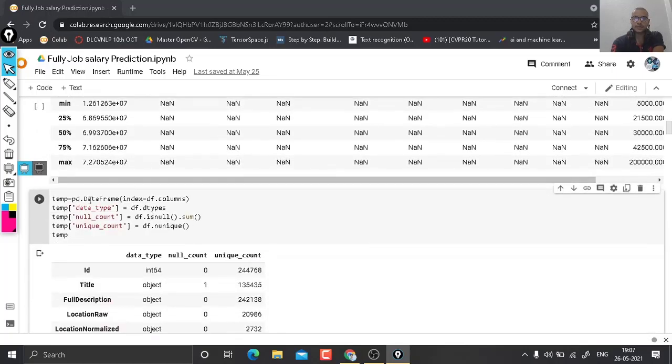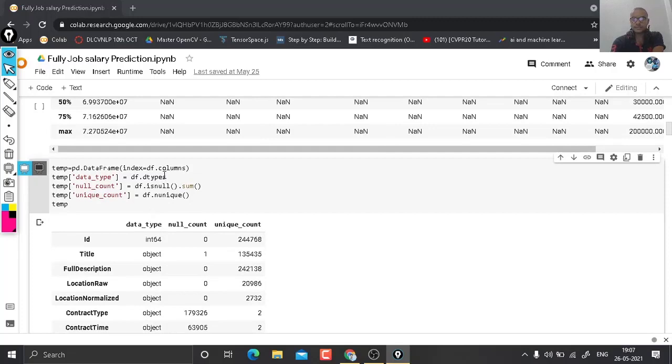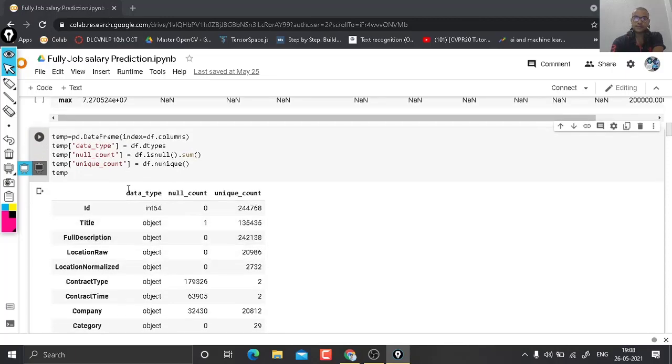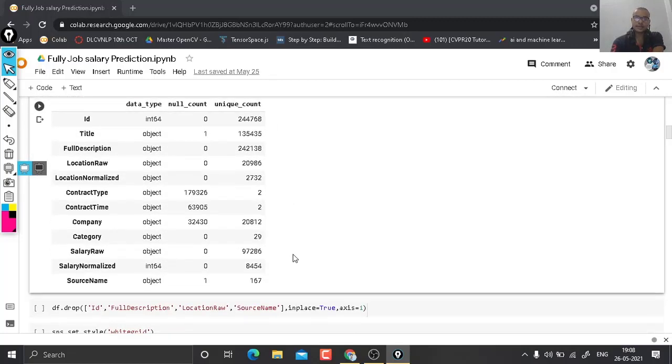After that we make a data frame named temp whose index is the columns of our data set. Then we print the data type of each column. Then we print the null count, how many null or empty values are present in our data set, then the unique count, and print it in a single data frame.